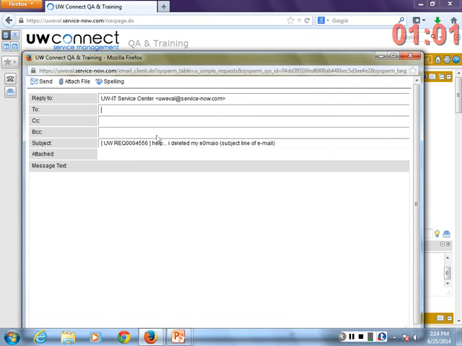You do have the ability to actually construct an email and send it out. And this could be to a different customer. It could be a vendor. Through this email option, I also have the ability to attach a file. So if you do want to send an email out to the client, you can do it this way. Okay? If you send an email, it's actually going to be logged. So you will have a record that an email had been sent from this record.